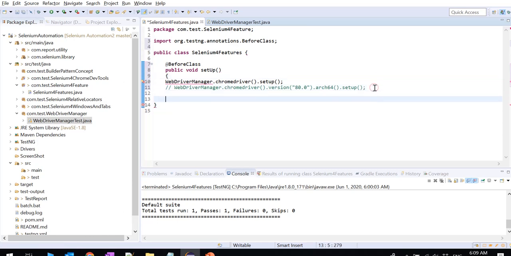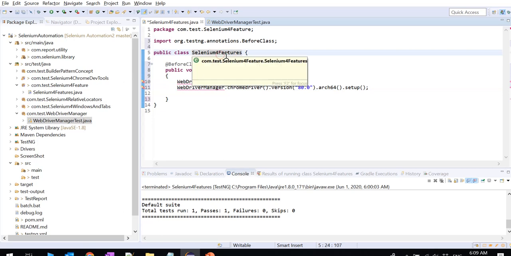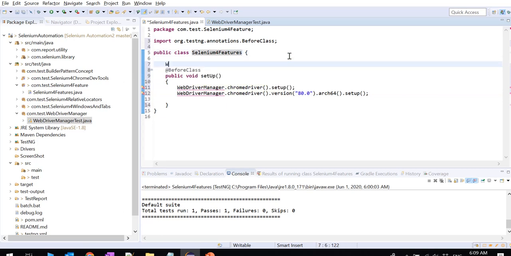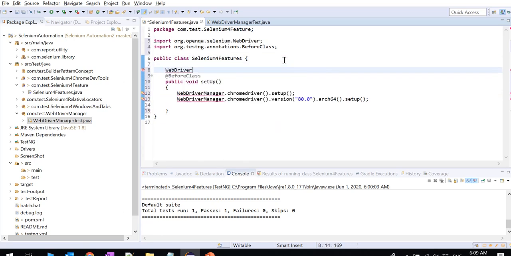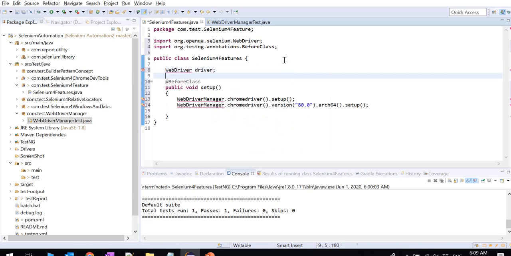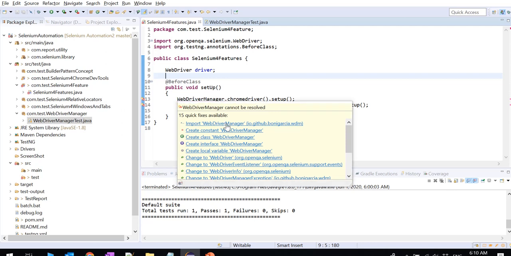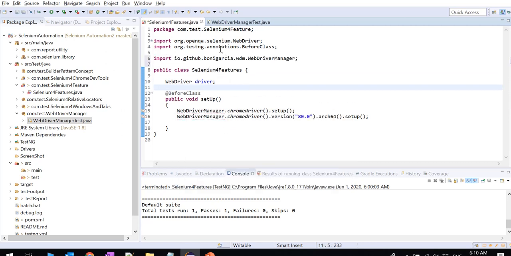Let me create a WebDriver driver and import WebDriverManager. I'm using version 83, so let me just mention 83. There's no need to set an environment variable or anything here.